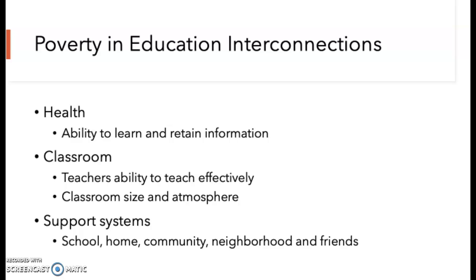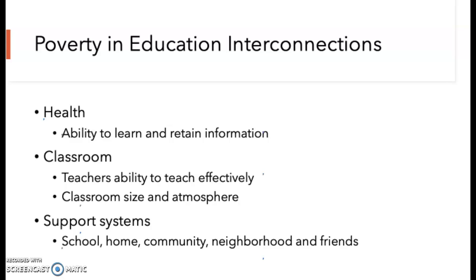Support systems are also necessary for a proper education. Having family members at home who know how to read and write can help with homework, super important for a child's ability to learn and study. Having teachers or guidance counselors at school also teaches kids proper social skills, and the neighborhood and friends of students also impacts a child's education. Just as an example, if you're living in an area of high violence, studying at home may be impossible for children to focus on, and they also risk getting into some not so proactive things